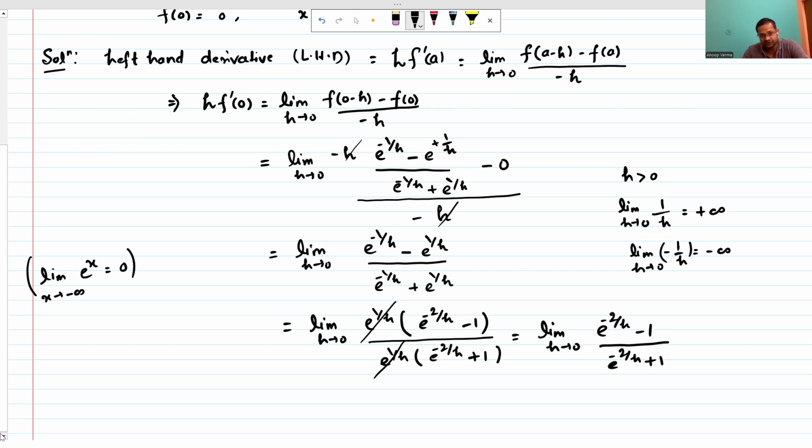तो यहाँ पर जब हम h tending to zero करेंगे तो 1 upon h will be tending to minus infinity, minus 1 upon h will be tending to minus infinity, so e to power it will become zero। So if we want to write it in one step, e power minus infinity divided by e to power minus infinity plus 1, so it will be 0 minus 1 upon 0 plus 1, and from here you get minus of 1। So जो लेफ्ट हैंड डेरिवेटिव है इस फंक्शन का वो माइनस का 1 निकल के आ रहा है, ठीक है।